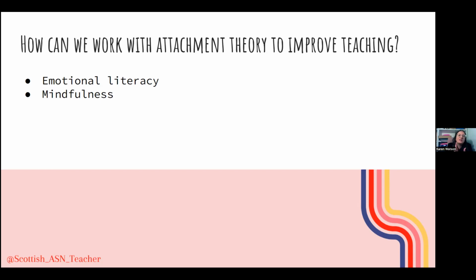Mindfulness, it's about developing that self-awareness so that you can work on your sense of self, your self-esteem, and your theory of mind. So thinking about how we think and how everyone else thinks. Now, mindfulness is a concept that is thrown about very loosely these days. Mindfulness is not a colouring in sheet. It's a lovely thing to do, but it's not about giving some colouring in opportunities and giving that quiet time. It's a real process.